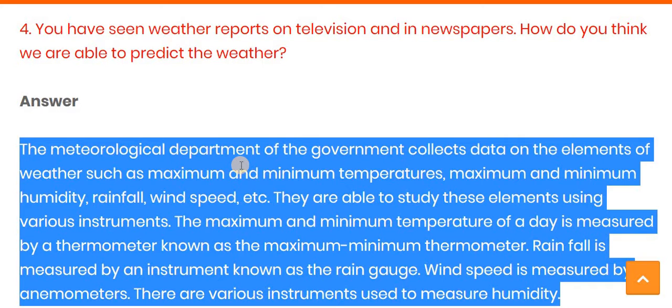They are able to study these elements by using different kinds of instruments, and they measure the maximum and the minimum humidity, then the rainfall, speed of the wind, etc. For the temperature, they use an instrument called the thermometer, and by that they can measure the maximum and the minimum temperature of the day. And rainfall is measured by the instrument known as a rain gauge, and for the wind they use a device called the anemometer, and there are also some other instruments which can measure the different factors which affect the weather, like humidity,